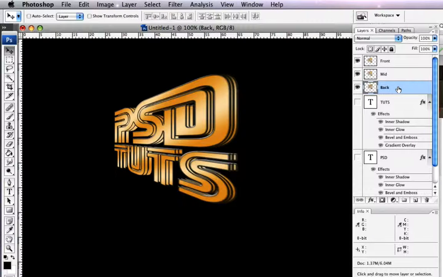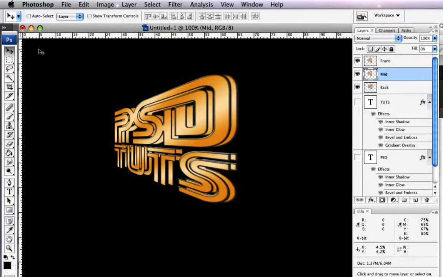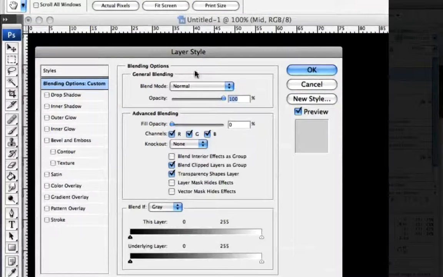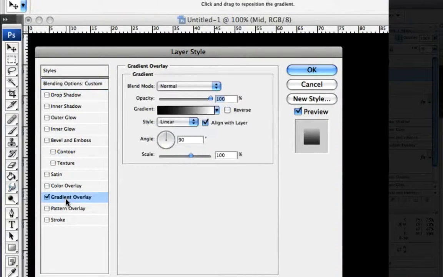Okay, so once you've nudged them, the next thing we need to do is set our fill to be 0 on our middle layer. Okay, so select the middle layer. Up here underneath opacity you've got fill, and we're just going to set that to be 0. Okay, then what we're going to do is add a layer style to that layer. So double click on the middle layer, click on gradient overlay, make sure it's set to normal 100, and we're going to change the color